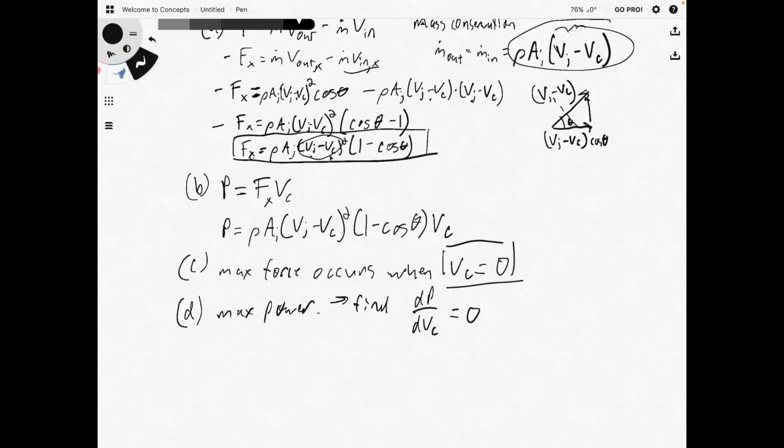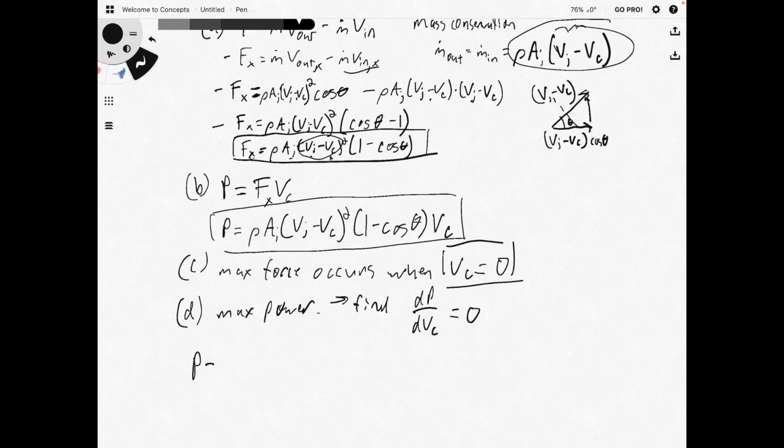And then we're going to evaluate that in order to figure out at what point our cart velocity is such that the power that's applied is maximum. And so if we take our term for power from part B,